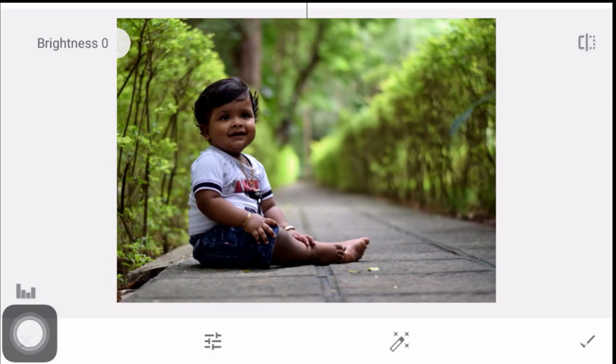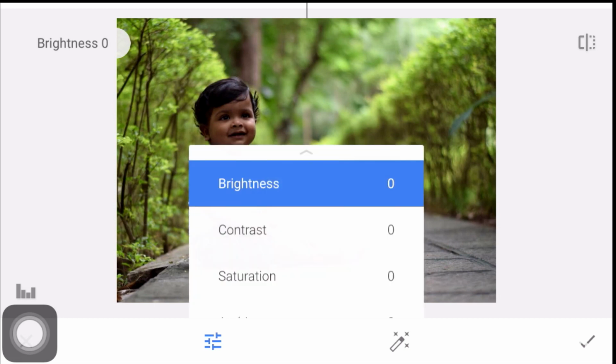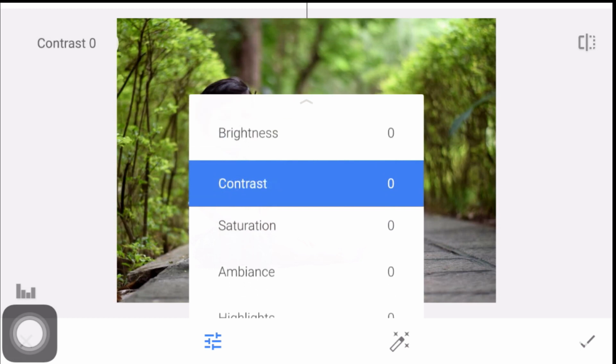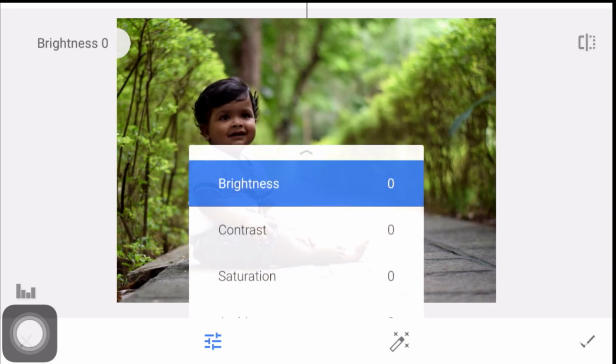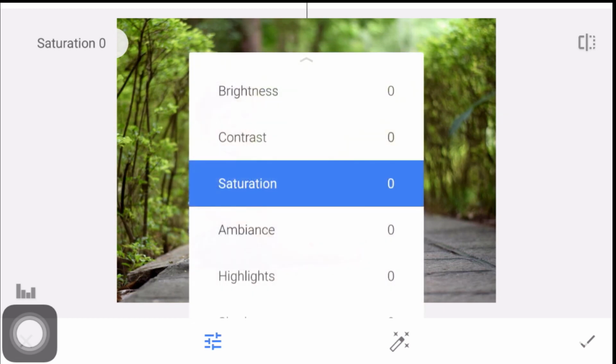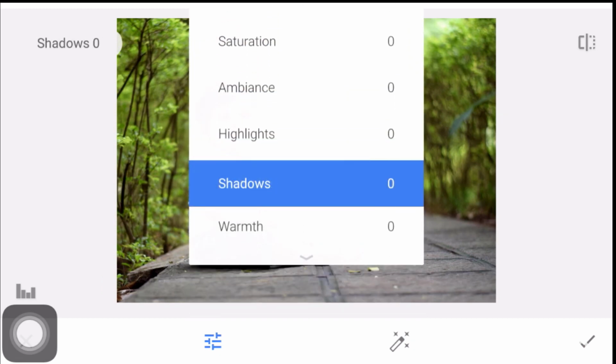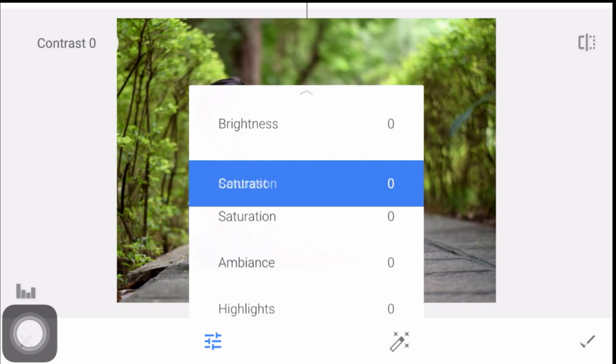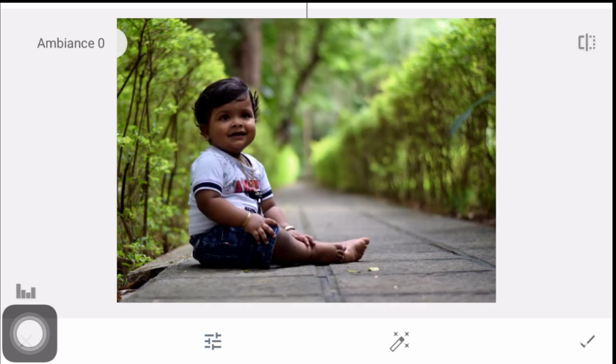If you go to tune image, there is one button at the bottom side. In that we can see the various parameters like brightness, contrast, saturation, ambience, highlights, shadows, warmth. These are some features. Other than that, you can see the magic wizard. This is a button for auto correction.